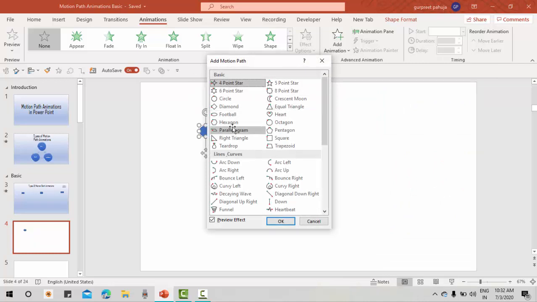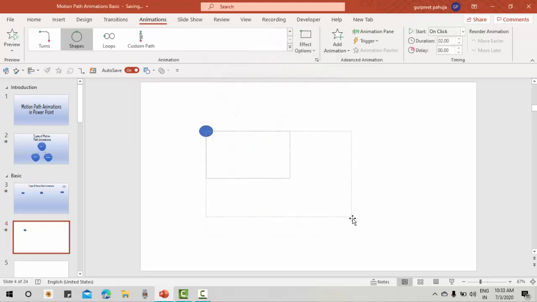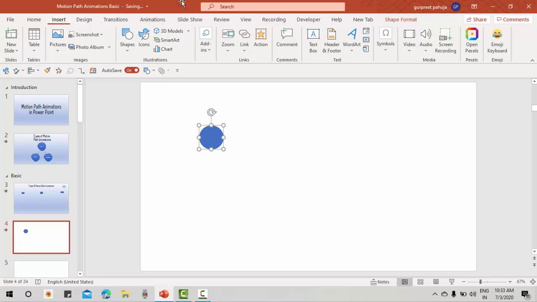We can select any one of these shapes, right angle, square, maybe a square I can select this time. Maybe in the shape you can add a word, maybe a paragraph, if any message you want to give.